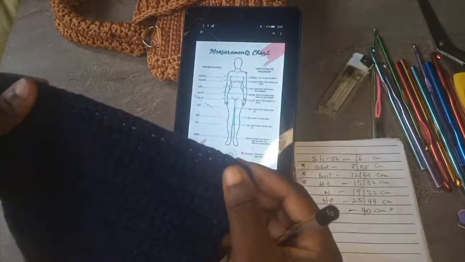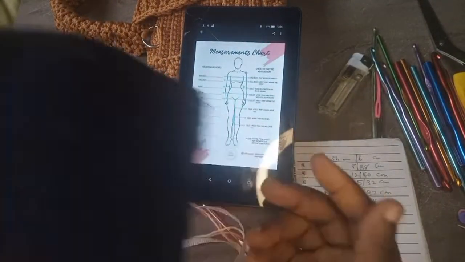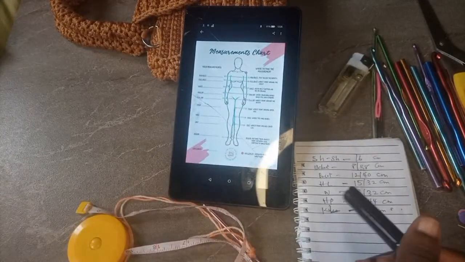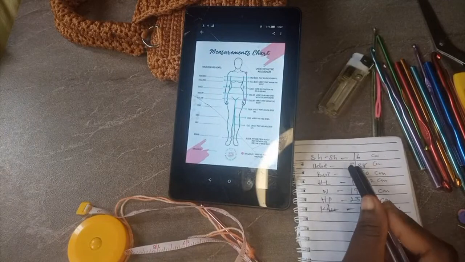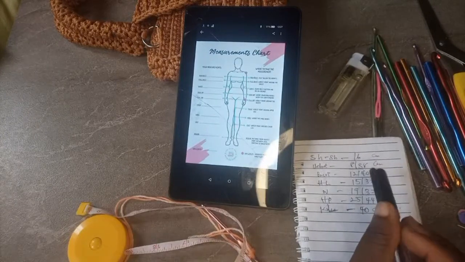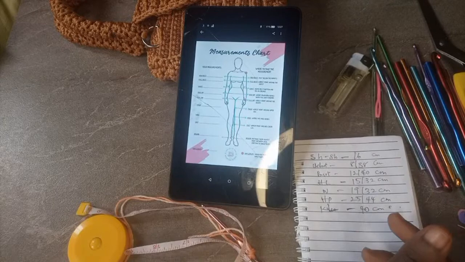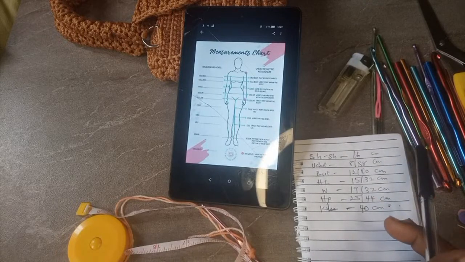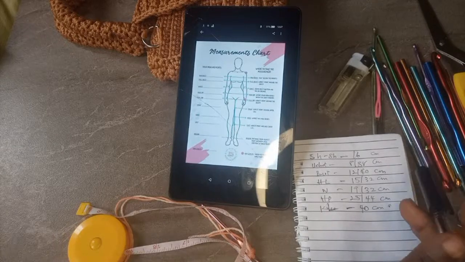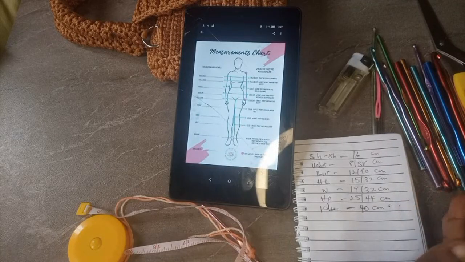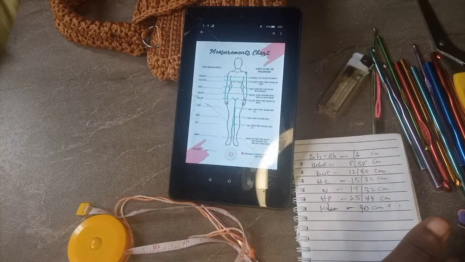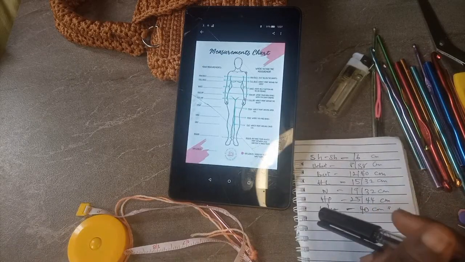So if you want it to fit very well, you reduce your measurement by between 1 to 2 inches if you have it in inches, maybe a 1.5 reduction.